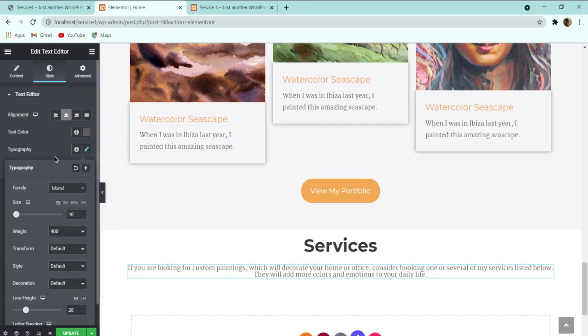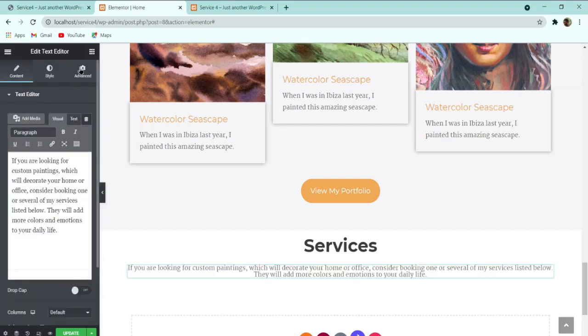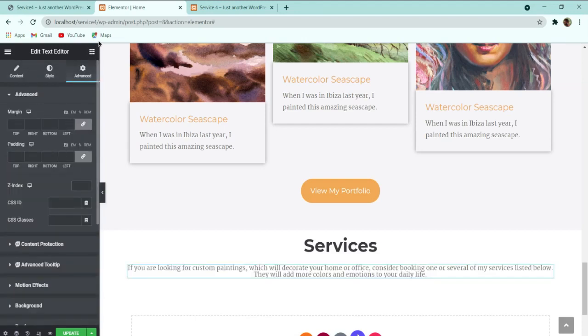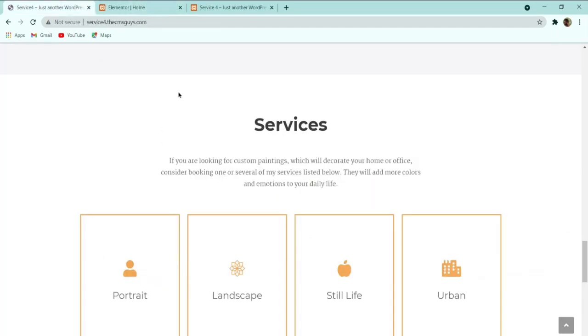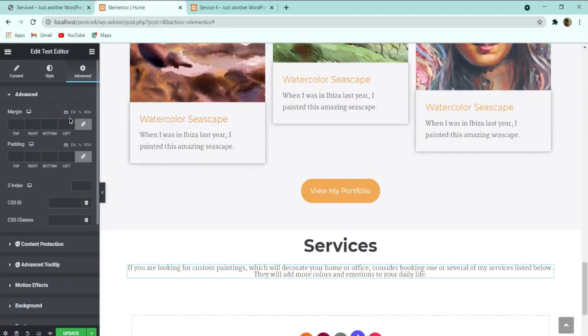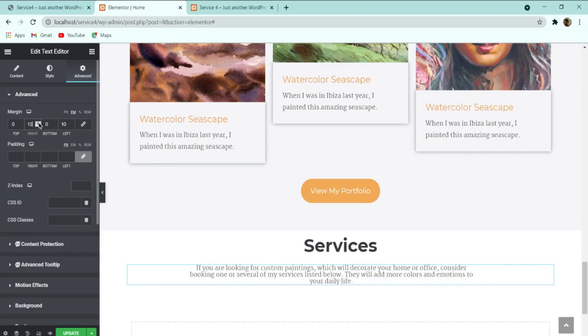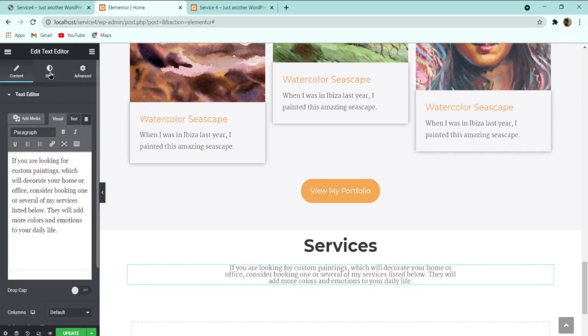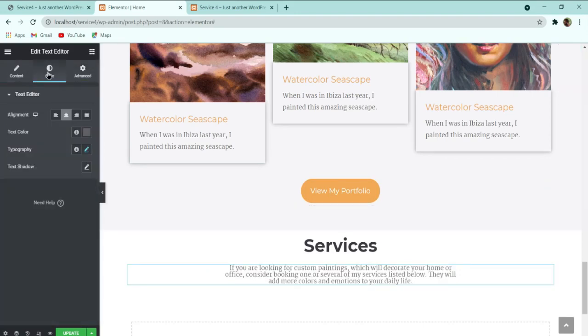So after that here you can see that I have to change this margin over here, so that it will look like this. So what I will do, I will make it em and unlink the margin, and give a left margin, simply increase it to 9 or 10, and similarly from the right also you can give it 10, or let me make it 15, and after increasing it you can see that it is now good.